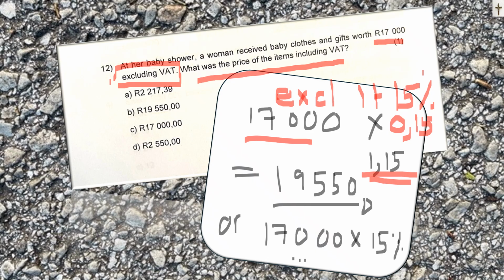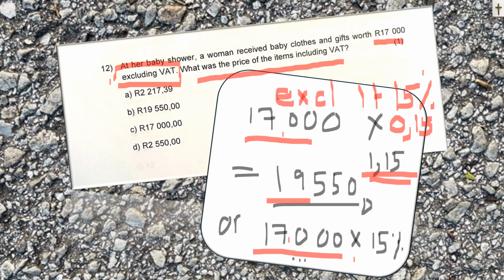So that's where I got that 1.15 from. So it's 17,000 excluding VAT multiplied by 1.15 is 19,550. Or I can say 17,000 times 15% will give you the VAT amount, and then you add it